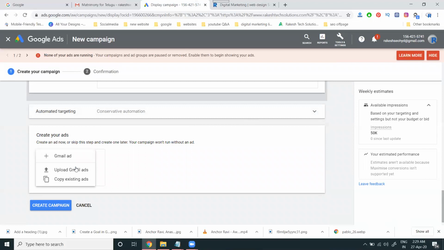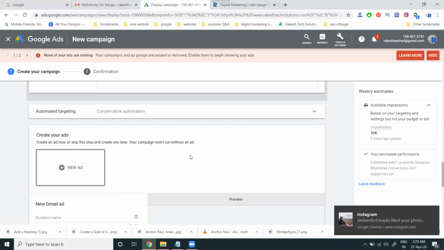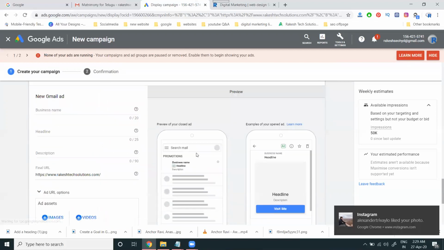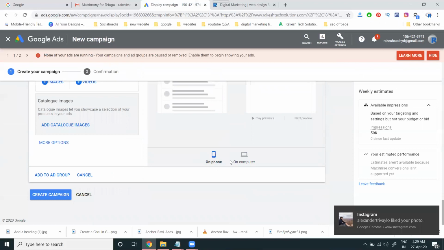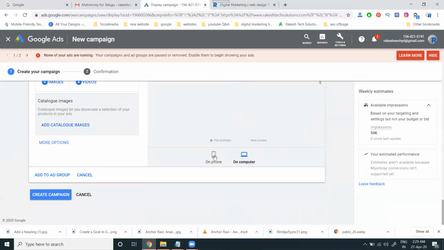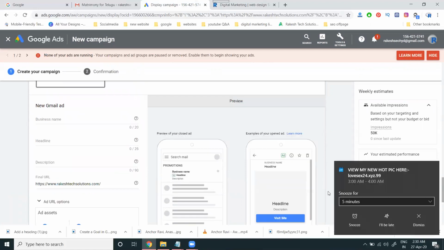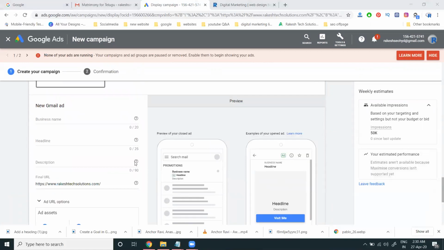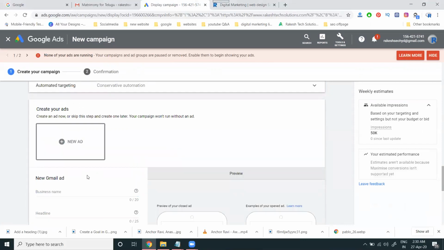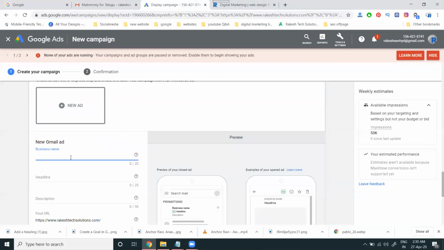Next, add your design. An ad will be created: Gmail ad, upload Gmail ad, existing ad. Click the Gmail ad option here. So Gmail will be shown for computer and phone also. Your particular options will be here: business name, headline, description. First of all, business name, you can give it by